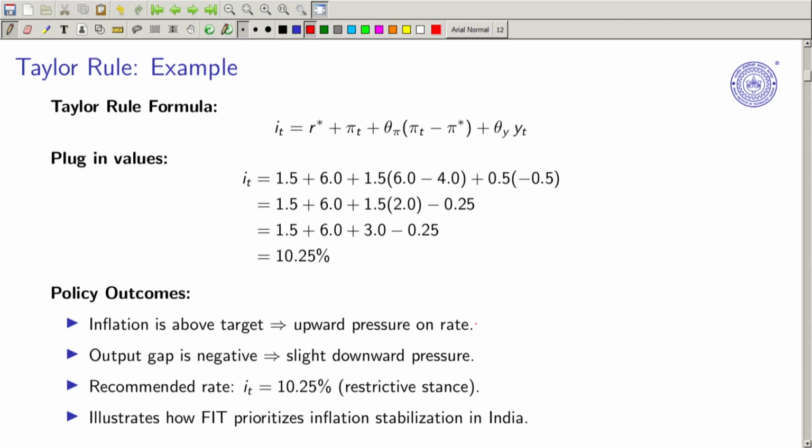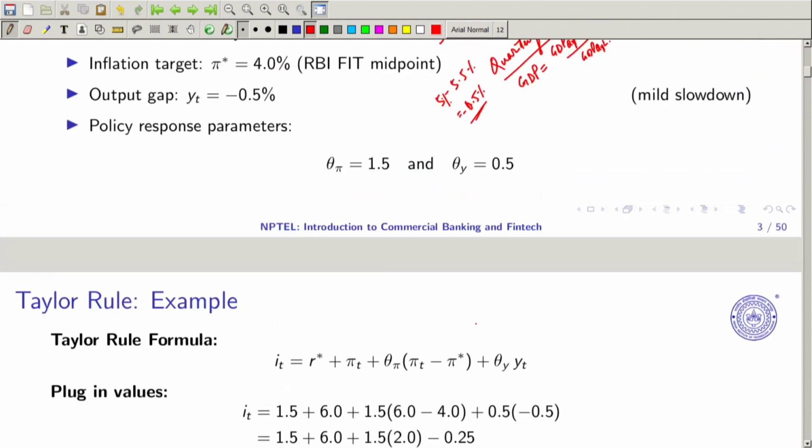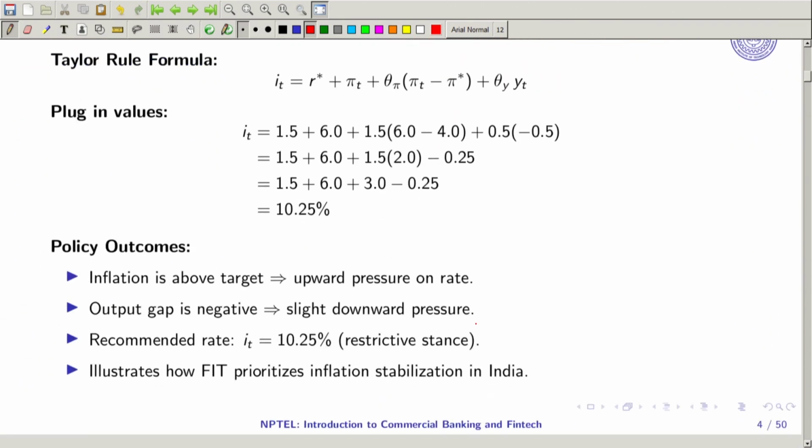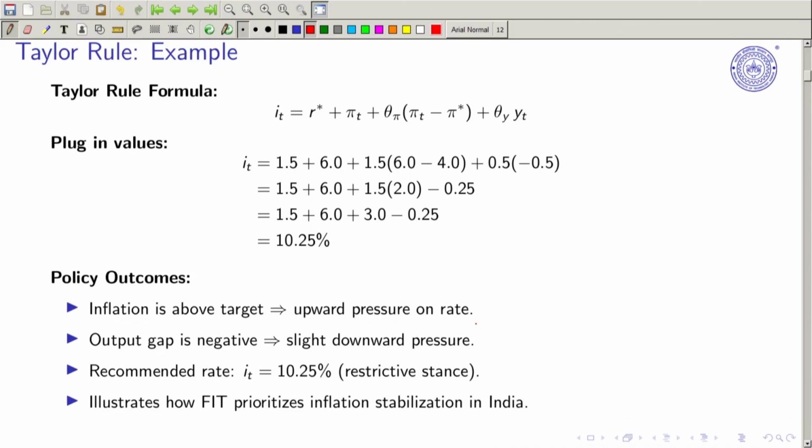Now if you substitute these values that I have put here, then what you get is the formula that we have, and this you can also write as YT minus YT bar. So with the 1.5 that I have got and all these values that you keep, given the actual inflation of 6%, your nominal interest rate must be 10.5%.